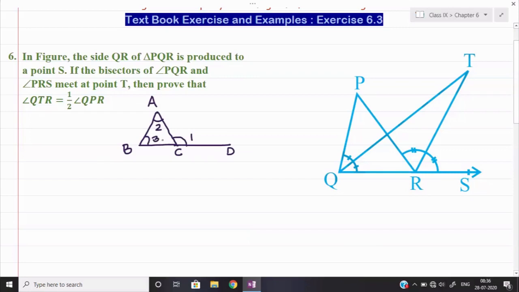Remember, don't take the angle which is adjacent to angle 1 in triangle ABC. You need to take those interior angles which are opposite to angle number 1, or you can say leave the adjacent angle to angle number 1 in triangle ABC, then the two angles that remain will be called the two interior opposite angles. And here the relation will be angle 1 is equal to angle 2 plus angle 3. Exterior angle is equal to the sum of two interior opposite angles. This is a very simple theorem, and we have to use this theorem widely in questions.